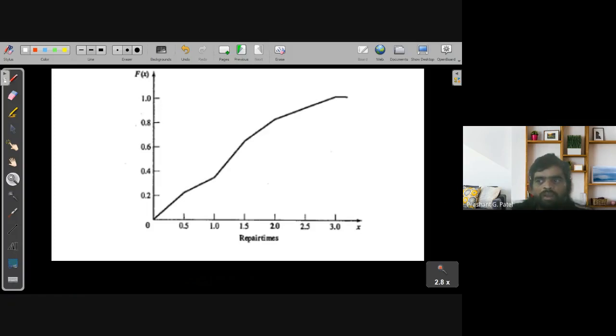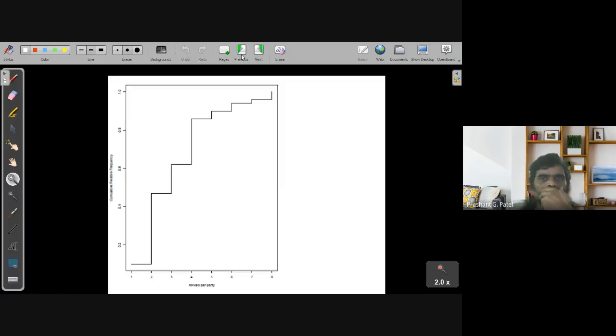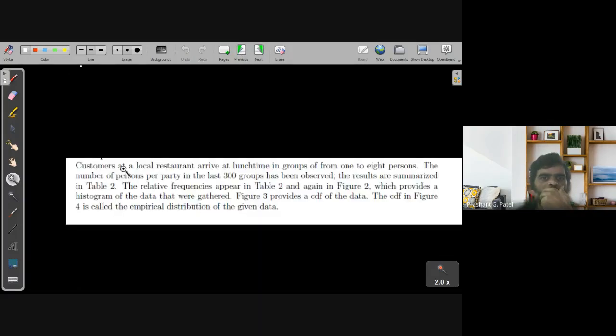Now here our objective is to deal with whether it is a random process for the groups which arrived in this local restaurant. Are the people uniformly distributed or not, that we need to check using this